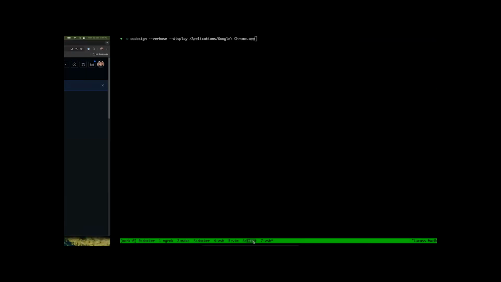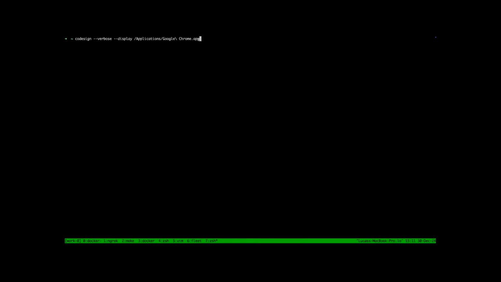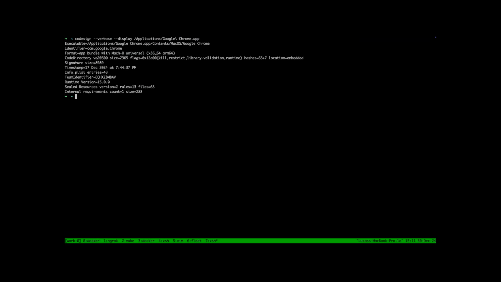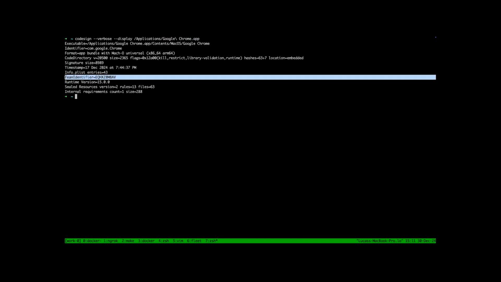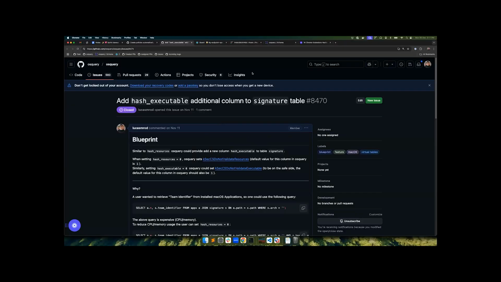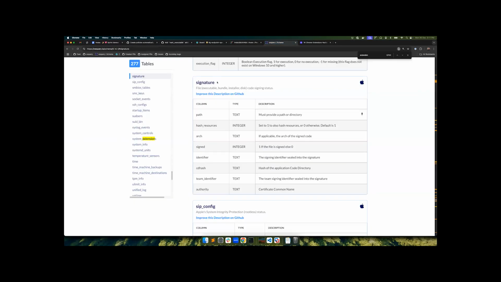So there's a customer that wanted to get, for all their apps, what's called the team identifier. You can do that by running CodeSign, and that's provided by OS Query on this table called signature. So you can get the, I believe it's team identifier, for all your apps on a device, right? That's cool. Now, the problem with this query is that